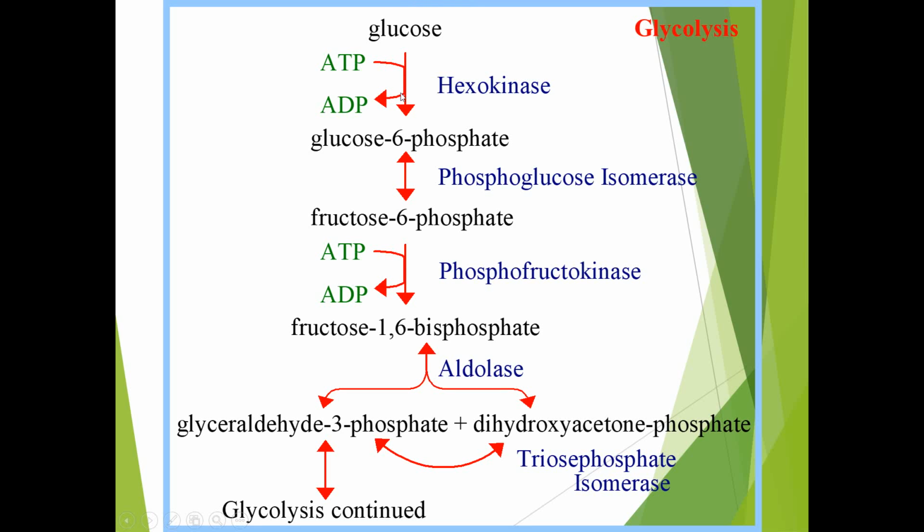So glucose molecule gets converted into glucose 6-phosphate. Here 1 molecule of ATP gets utilized, then glucose 6-phosphate converts into fructose 6-phosphate. Then fructose 6-phosphate converts into fructose 1,6-bisphosphate. 1 ATP molecule gets utilized, and after that there is the splitting stage of glycolysis where fructose 1,6-bisphosphate gets converted into glyceraldehyde 3-phosphate and dihydroxyacetone phosphate. These are interchangeable, so dihydroxyacetone phosphate also converts into glyceraldehyde 3-phosphate. Up to the splitting stage we got 2 molecules of glyceraldehyde 3-phosphate, so after the splitting stage glycolysis runs twice.